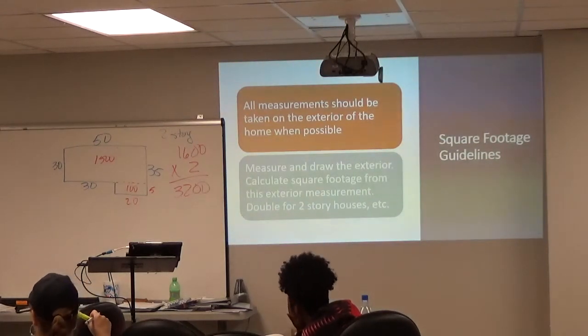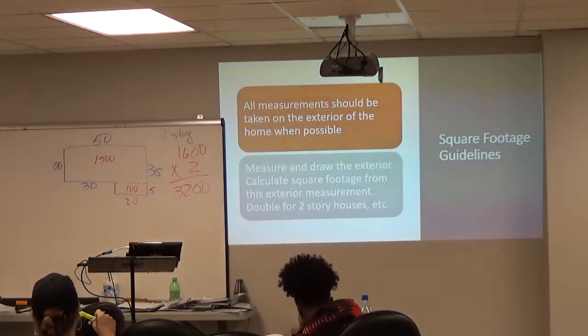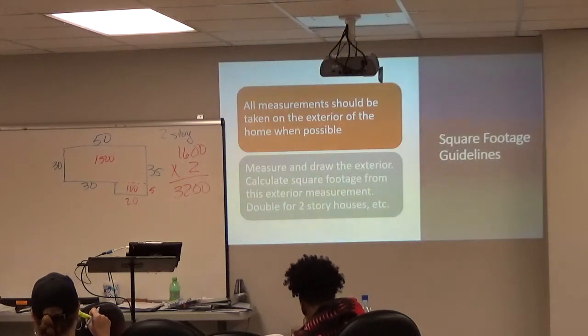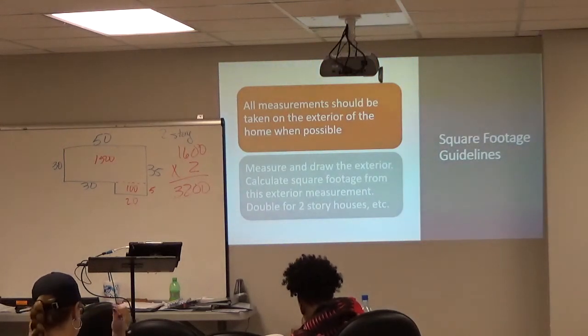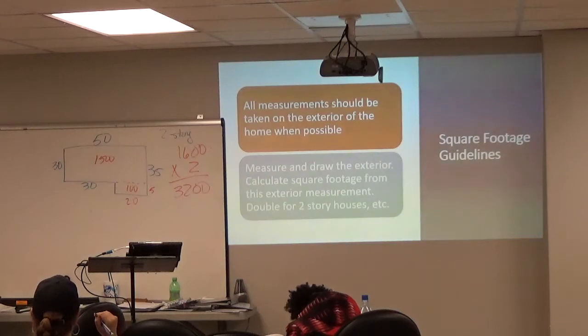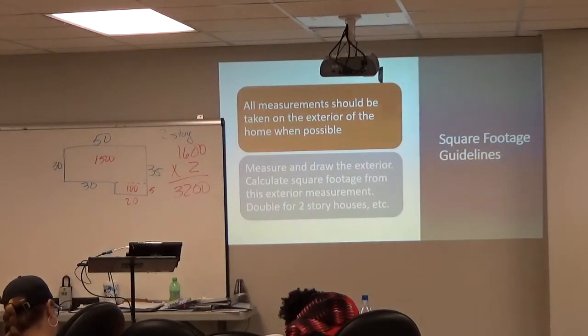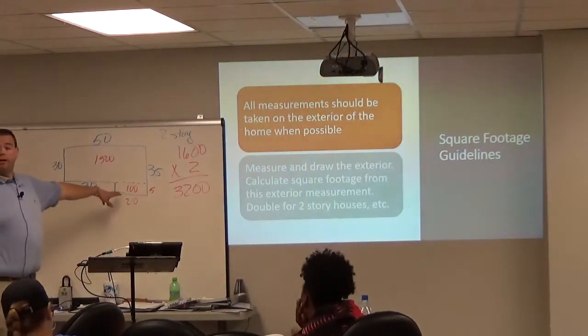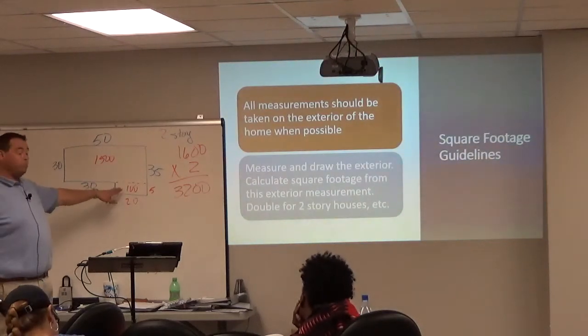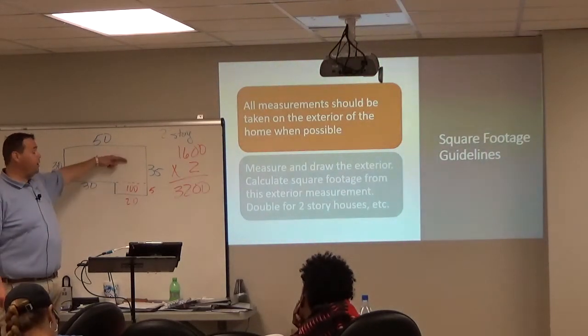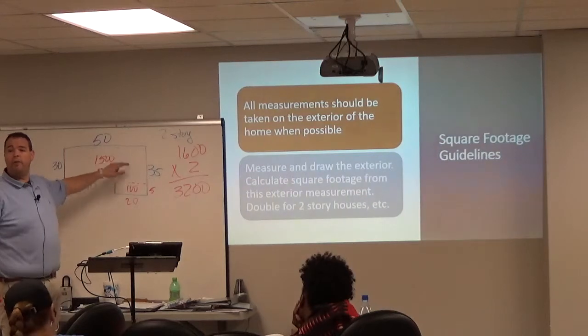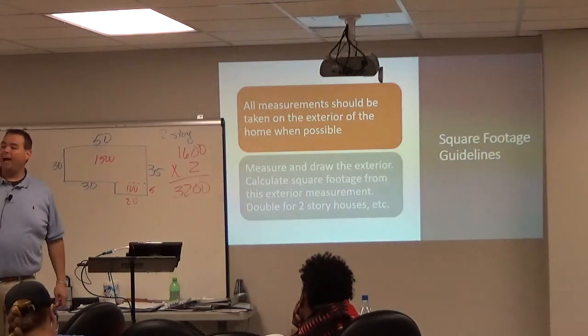I'm not done though. Because what I've done is included all of the possible square footage. Is there likely to be some of that space that's not actually living area, that doesn't meet the criteria of living area? Like a garage. This jut out is probably a garage. And it's probably much more than 100 square feet. It probably goes way back into here. Would you agree with that? I can't figure that out from the outside though.